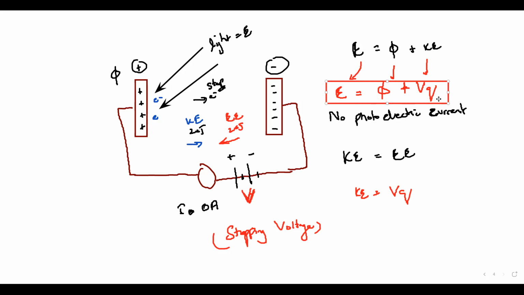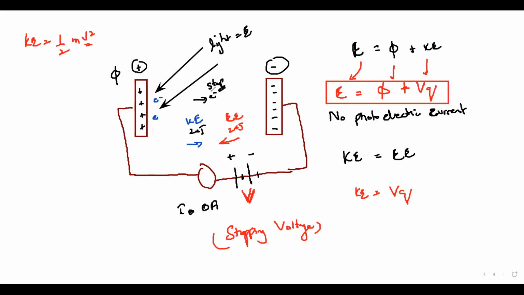Otherwise, if we want to calculate the kinetic energy of the electron, it is given by the formula half mv squared, where m is the mass, which is fixed, 9.11 times 10 to the power minus 31 kg for the electron. But speed is difficult, because we are not able to see these electrons, so how can we measure their speed?